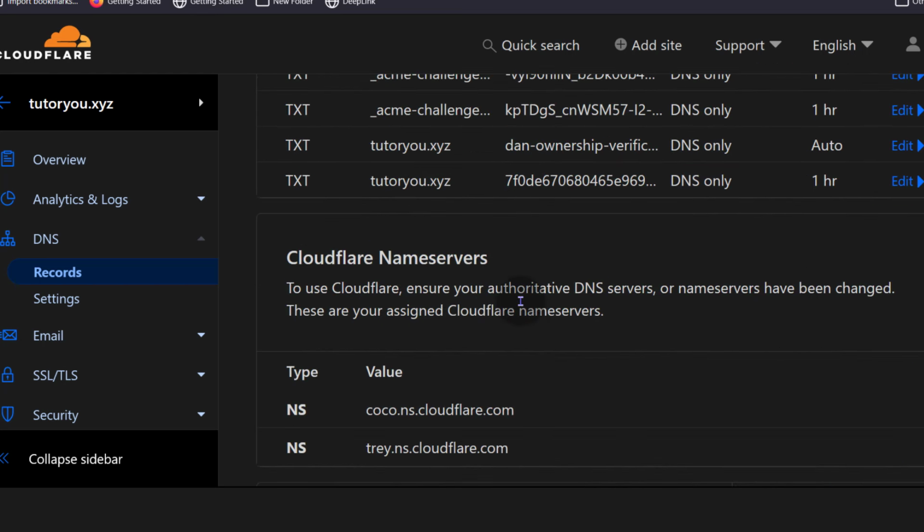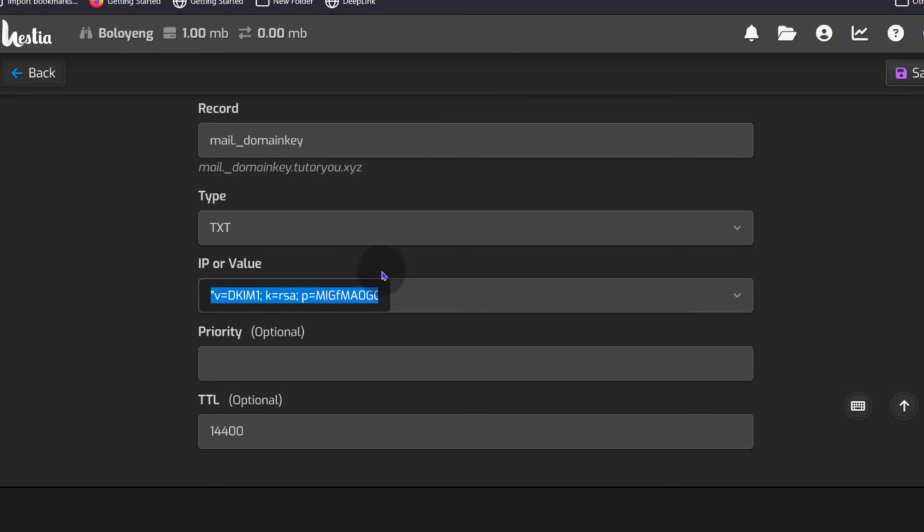And there you go. That's just how you do it. You just copy the DNS records from here and add them to the other side. However, if your domain was already running, you won't need to do these steps, because Cloudflare is going to automatically pull in the DNS records that your domain was previously using.